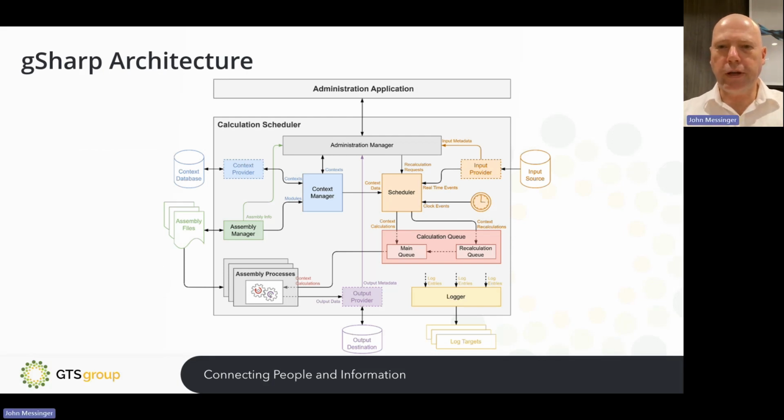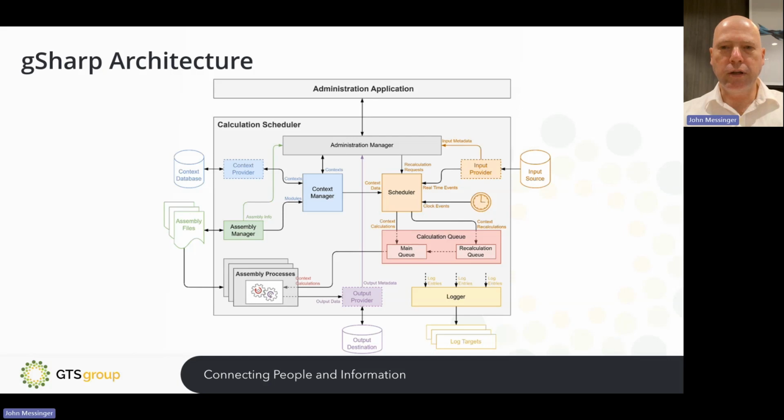For those that want some comfort that we're not talking vaporware here, this is the basic architecture of the application. I won't go into this in detail, but you can see that it's a highly modularized application. I will make one note here, is that gSharp is not tightly coupled to Pi.